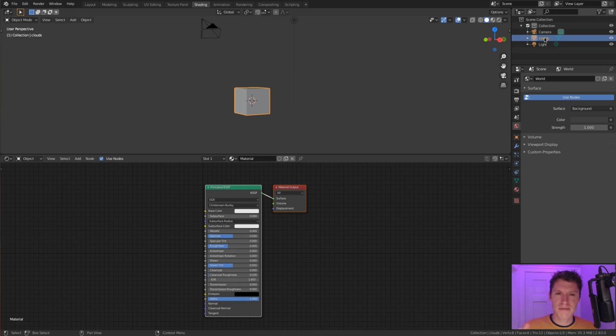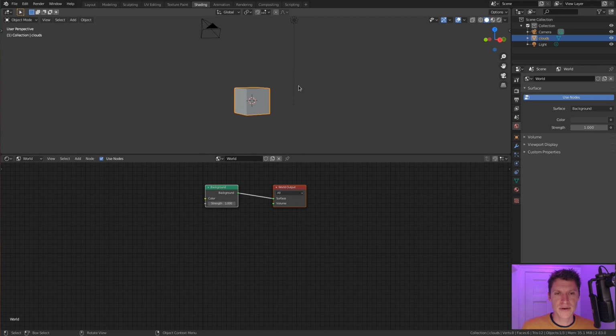And if you're wondering, how is this cube going to become a cloud? The reason is volumetrics interpret the cube as a domain. So the clouds will be formed inside the cube, which we'll get to in a little bit. But there are 3 main components when it comes to generating a cloud scene. Number 1 is going to be the world, which we can create now if I switch to the world context